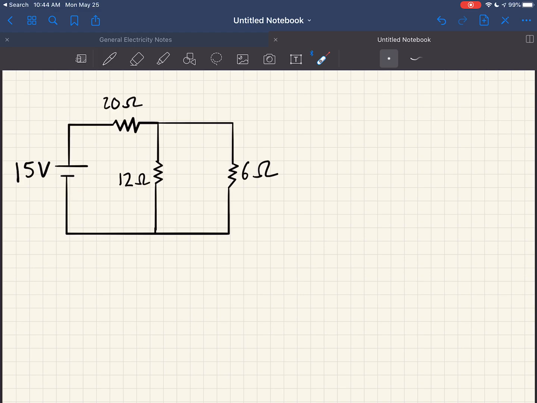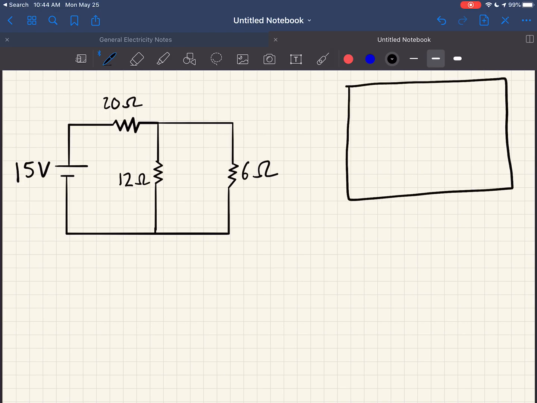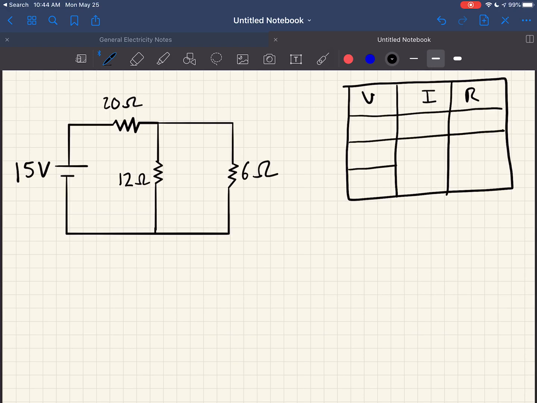So I don't have any resistors that are just simply in parallel with the battery, so this is a little more complicated. As a starting point, well, let me make my table. V, I, R. But I think the first thing I'm going to do now is find the equivalent resistance of this circuit. So what I've got here is this, and this is in series with these two in parallel. So first I have to